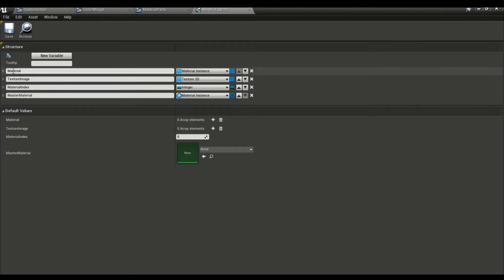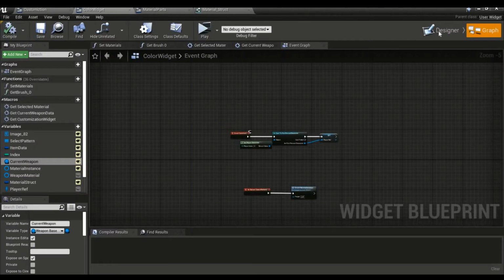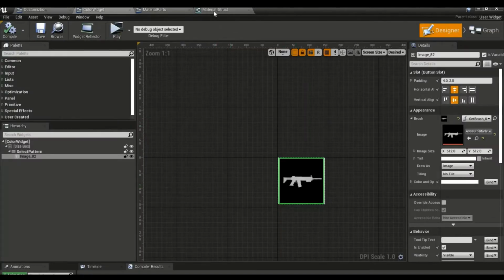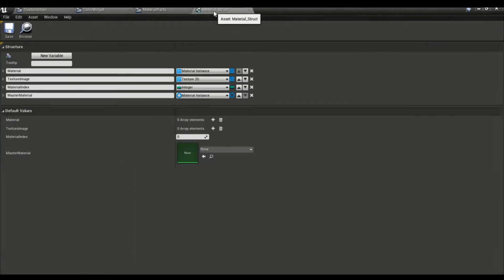So first we have materials, it should be materials because it's an array, and that's going to hold all the materials that you can switch on that weapon. And texture image, which is the texture 2D image, is going to be pretty much a display image that's going to display on the button of what the material looks like. And material index here